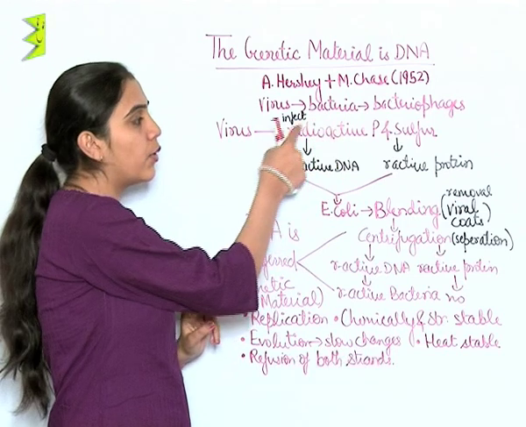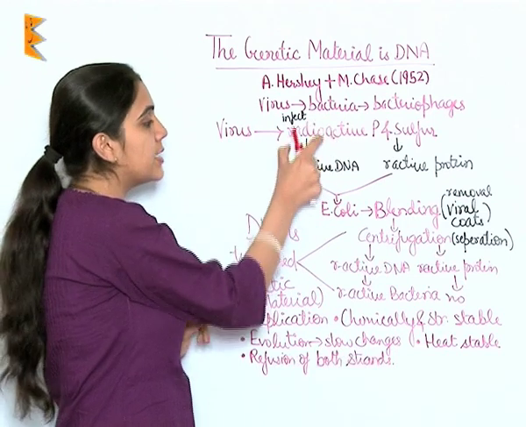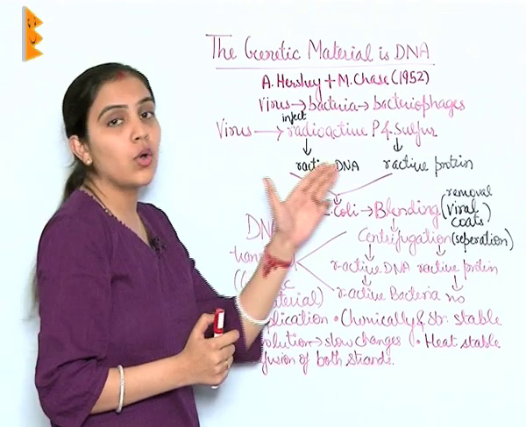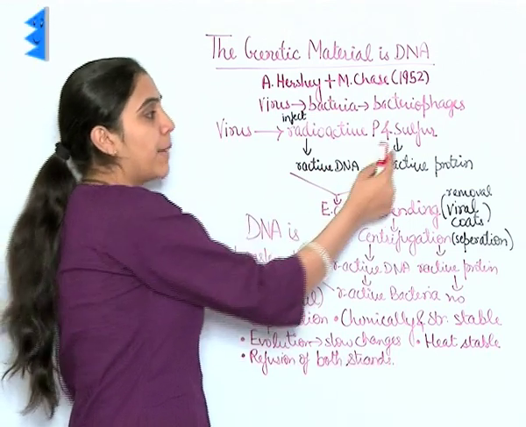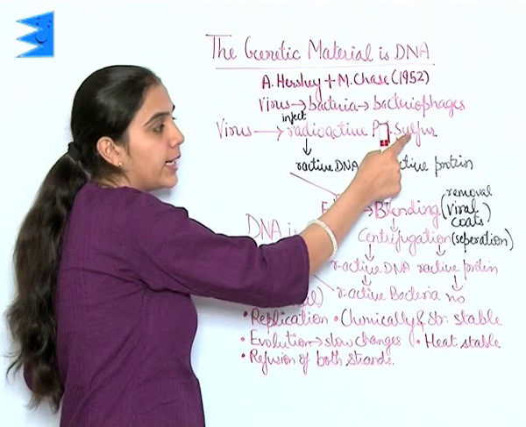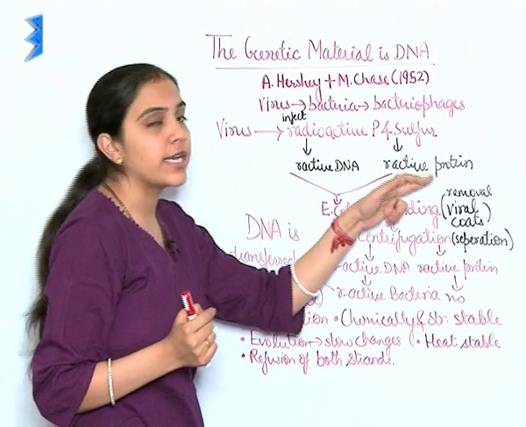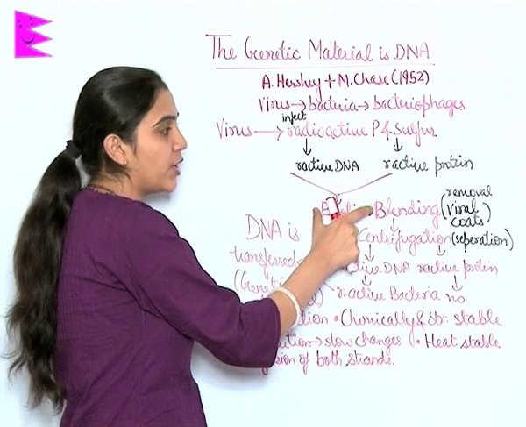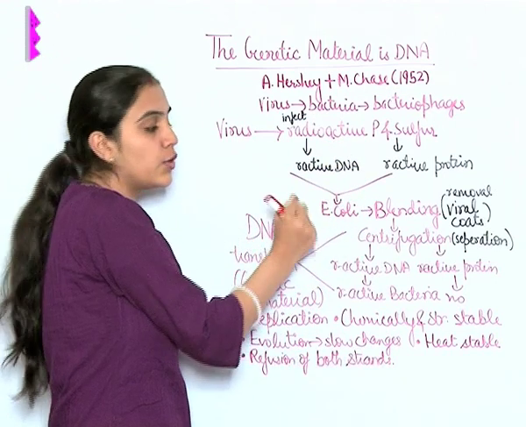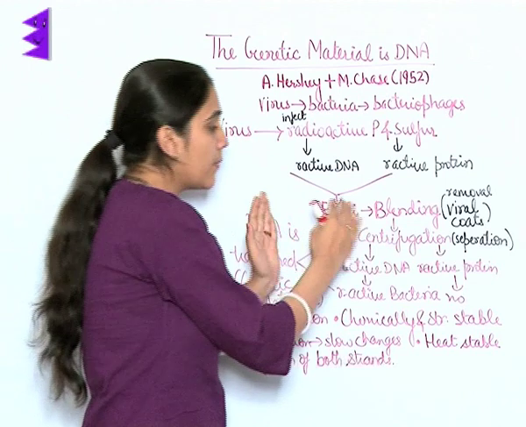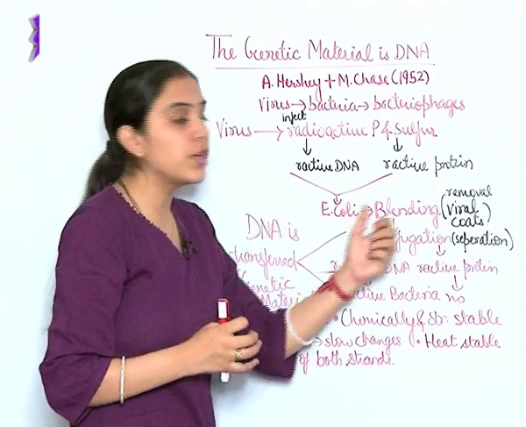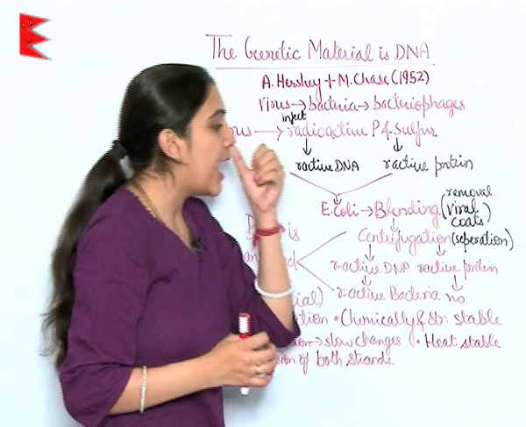The ones grown on radioactive phosphorus had radioactive DNA but no radioactive proteins. But the ones grown on radioactive sulfur had radioactive protein but no radioactive DNA. Now the infection is done, that is, they are made to attach to E. coli. Once they are attached, blending is done in a blender to remove the viral coats, and once the